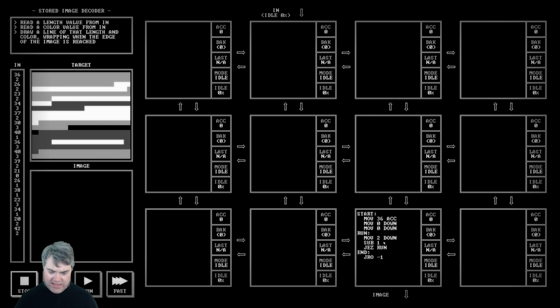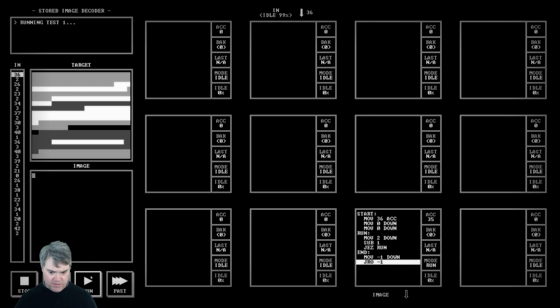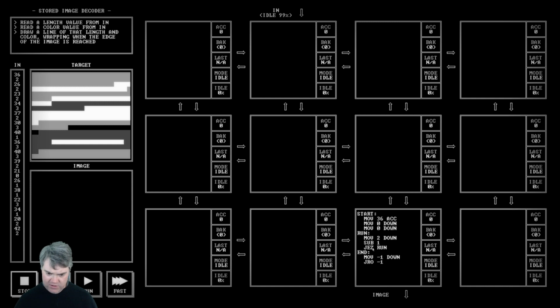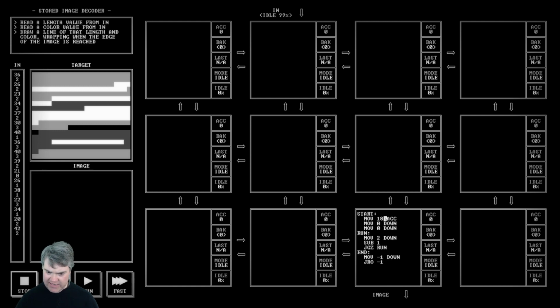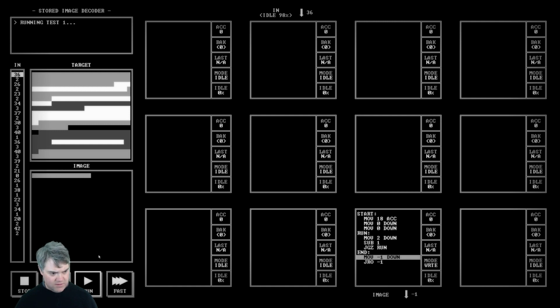Okay. Oh, and then I have to do move -1 down, and then that. So if we run you, if you're equal to 0, go to run. Oh, greater than 0. Okay, so that's 36 across. Let's try 18 across. Interesting. Okay, so that's 18 across there. So if we do 36,